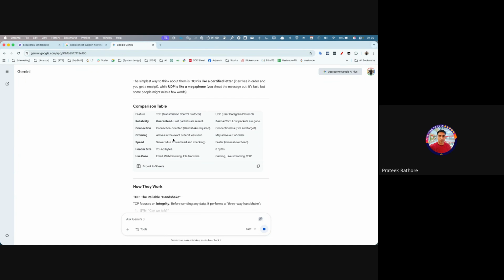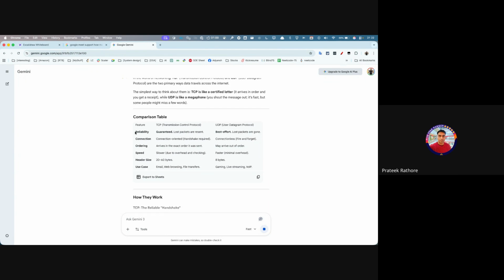This is very much important. Reliability is there, and there is a three-way handshake that happens in the case of TCP. However, in the case of UDP, there is no handshake. It's just a public IP given between two hosts, and they send the packets. If you want to see the diagram,